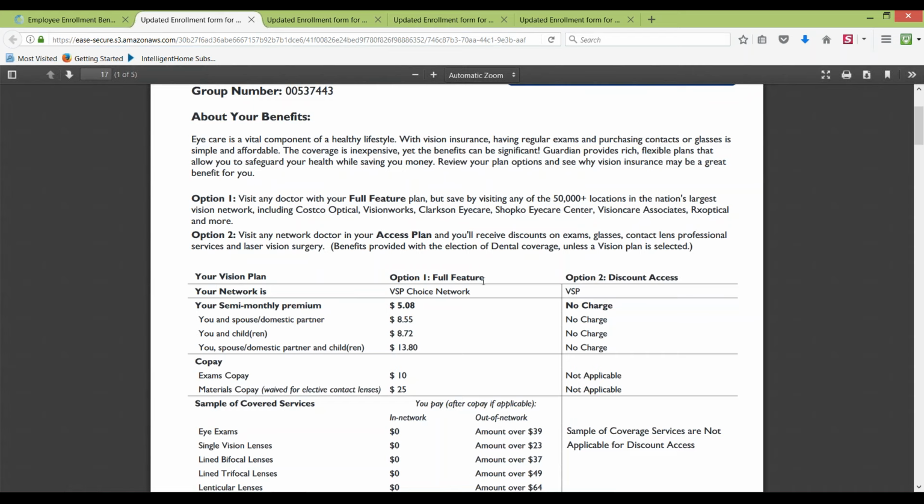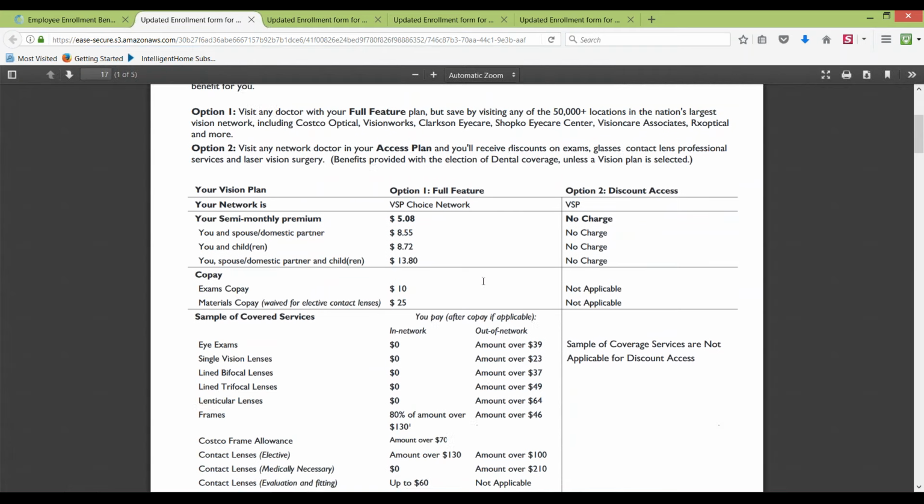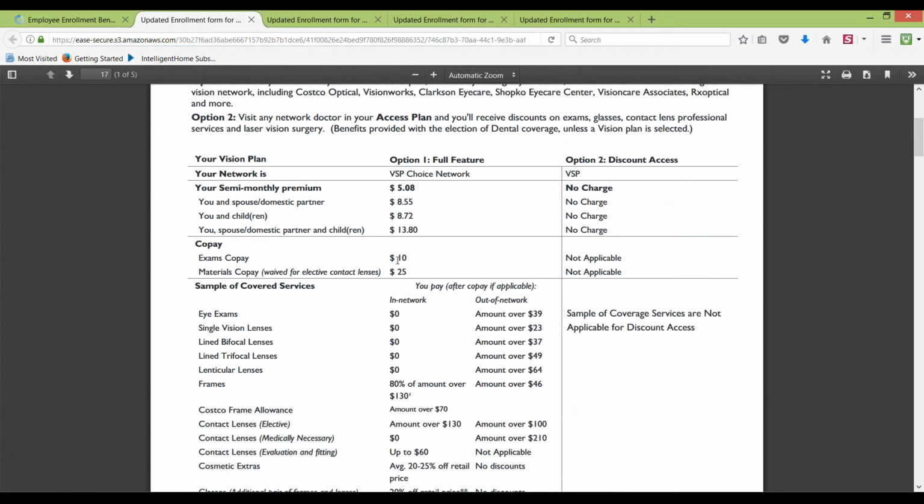So let me go through some of the benefits, because they're very simple to explain, but a lot of people get confused on how it works. The copay to get the vision exam is $10. So it doesn't matter where you go for an in-network VSP provider, they don't care. I decided to go to a place across the street from my office because it was nice and I could get in there really quickly. And I walked in and out of there with a $10 copay.